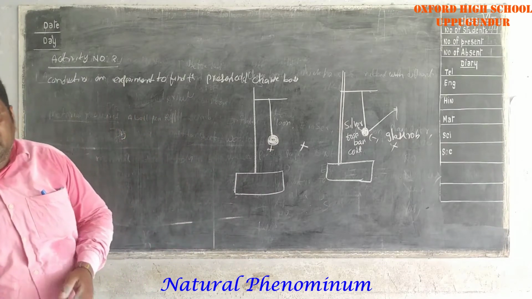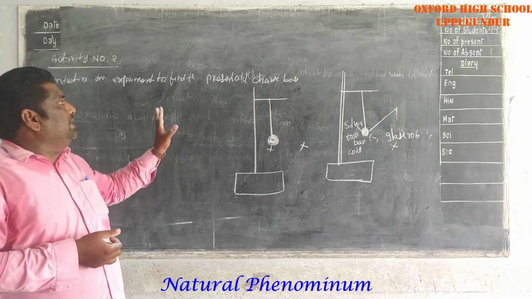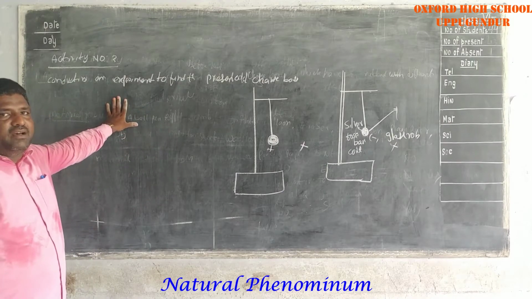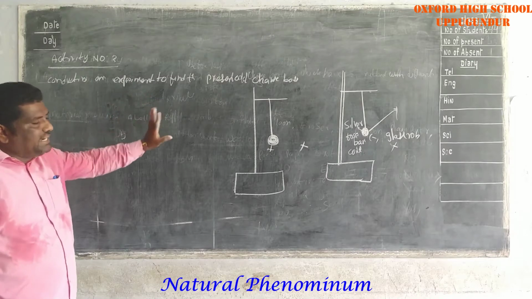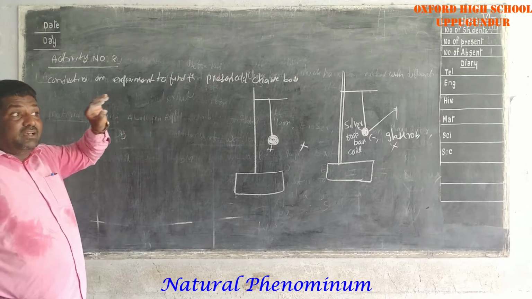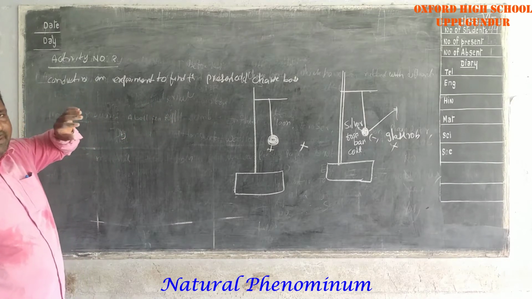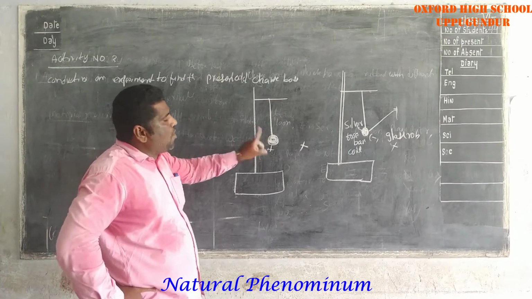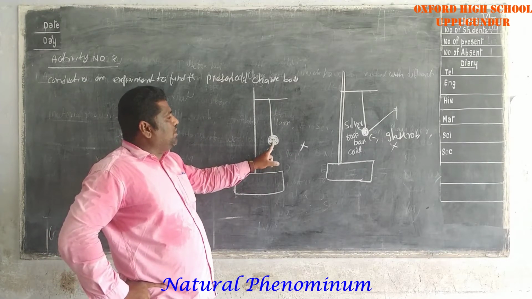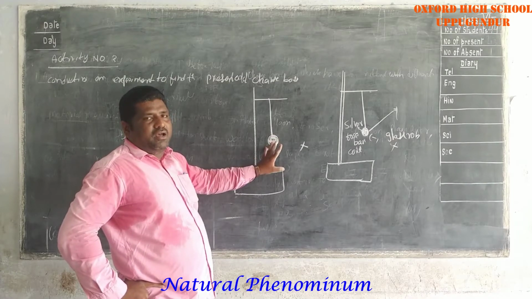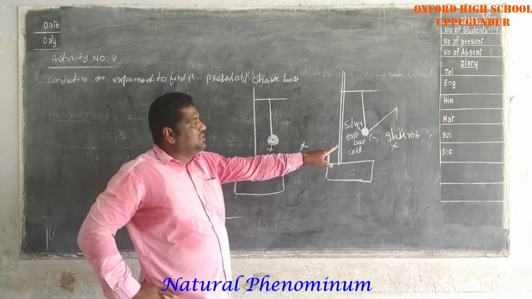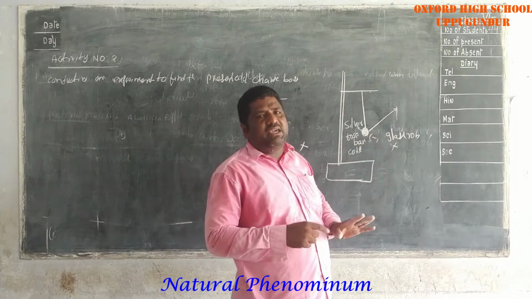This is the activity: how to find out the charge of any body. Okay now. First of all, once again I will explain. First of all, I will take one stand and one thread, one thermocol ball, and this silver foil wrapper. These wrappers are completely covering the thermocol ball. Next, I will take one glass rod. The glass rod immediately touches the silver foil. So the ball gets an attractive force. Why? The glass rod has a positive charge and this one has a negative charge. Each attracts the other.